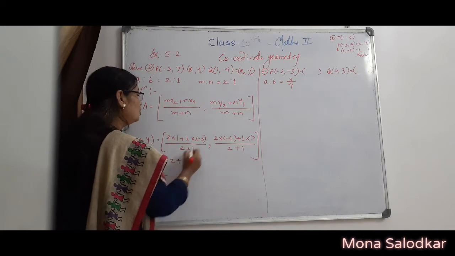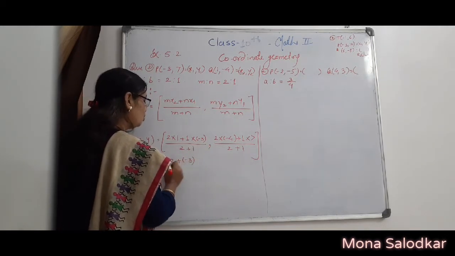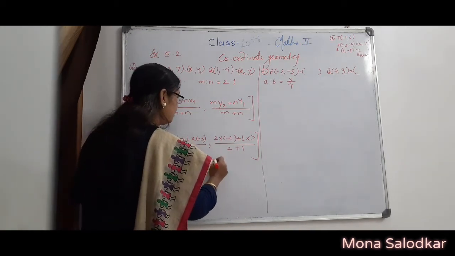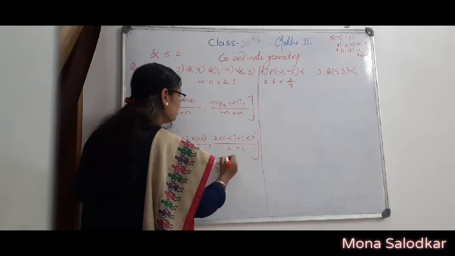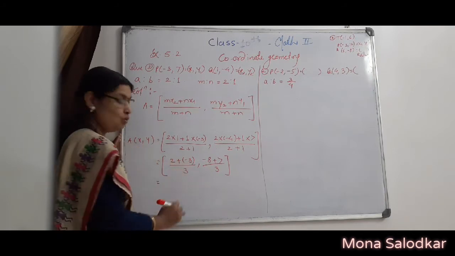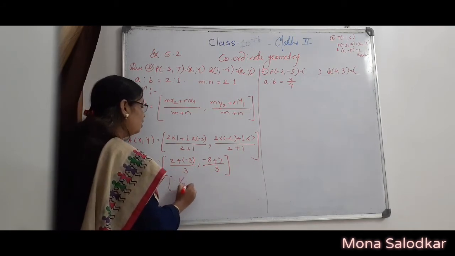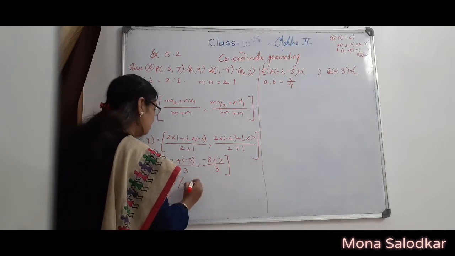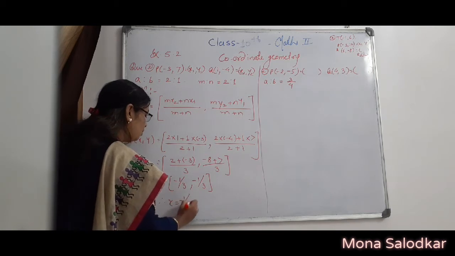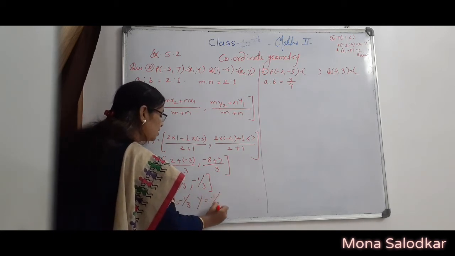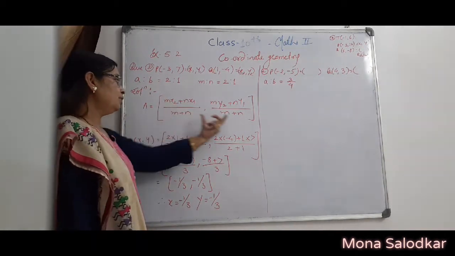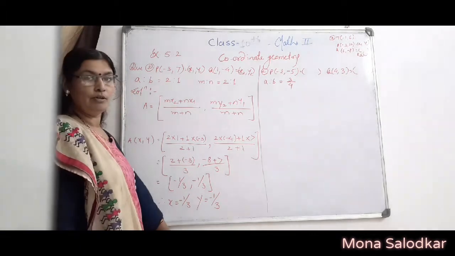2 1s are 2, 3 into 1 minus 3, 2 plus 3, 3, 2 plus 1, 3. Now 2 4s are 8 minus 8, 7 1s are 7, 2 upon 2 plus 1, that is 3. Now see here, 2 plus minus 1 minus 3 plus 2 minus 1. So you get minus 1 upon 3, and here minus 8 plus 7, what is your answer? Minus 1 upon 3. Means x equal to minus 1 upon 3 and y equal to minus 1 upon 3. These are the coordinates of A. What you have to do? Write down the formula, put the values and then find out the answers.